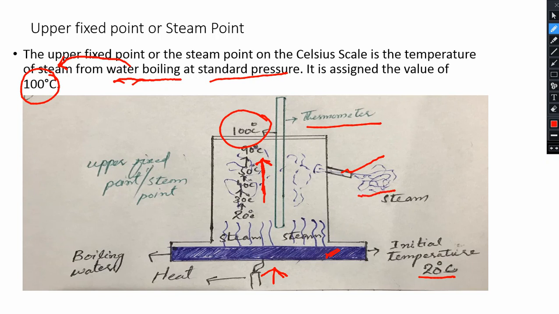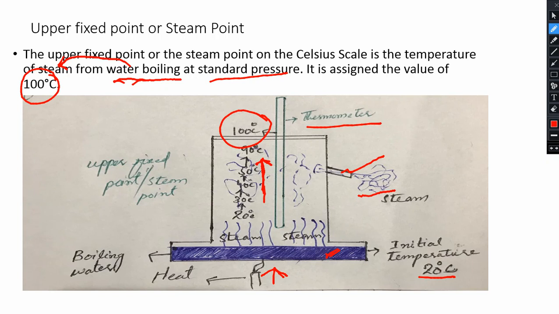And with the help of the thermometer I saw that the temperature of this container is now 100 degrees Celsius. So I know that only at this 100 degrees Celsius is the water converting into gaseous form, or converting into steam, because I observed that at temperatures 30, 40, 50, 60 the water still remained, there was no steam. But once it reached 100 degrees Celsius, then I observed steam,